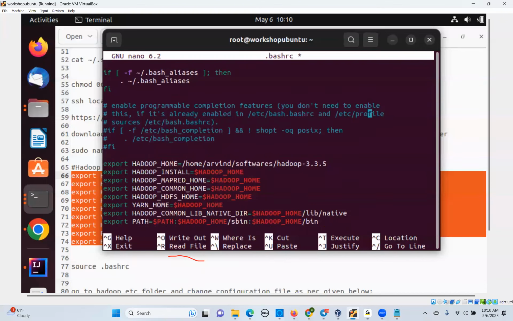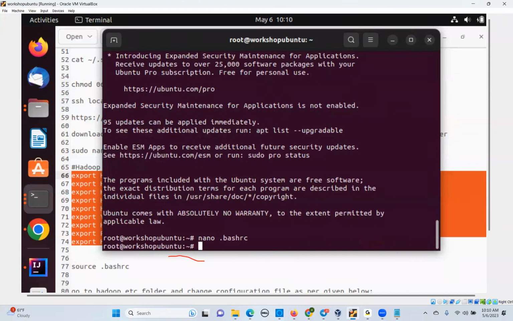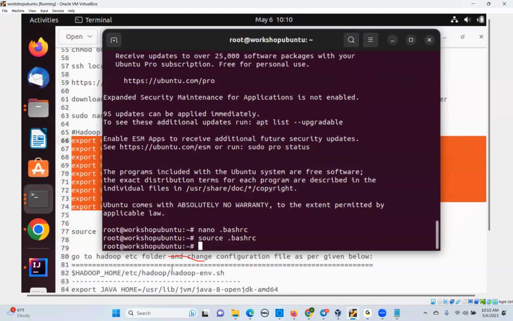But when you are doing this, you have to change the correct folder path and your username. Then you come out from this file with Control X, Shift Y, Enter. And one more thing you remember, right? After doing this change, you have to do the source command. If you didn't do the source command, your changes will not apply. So you have to do the source command. Okay, and after that,